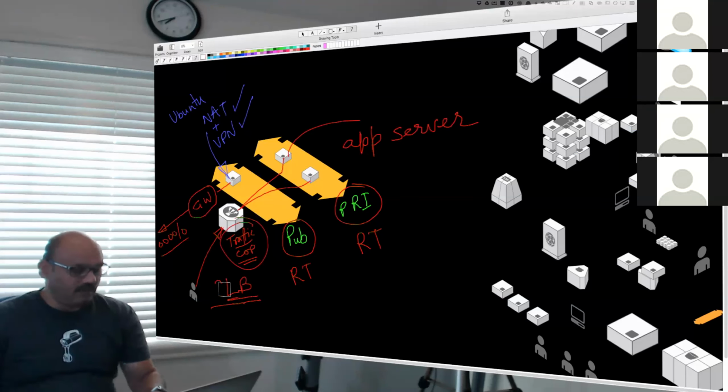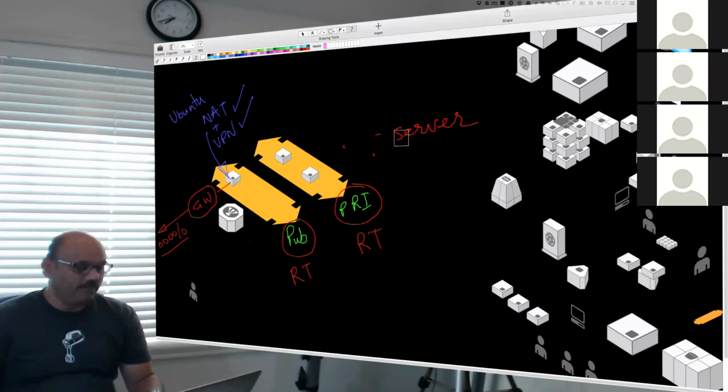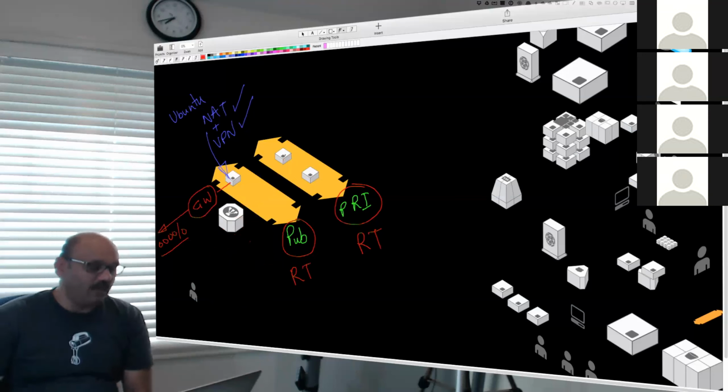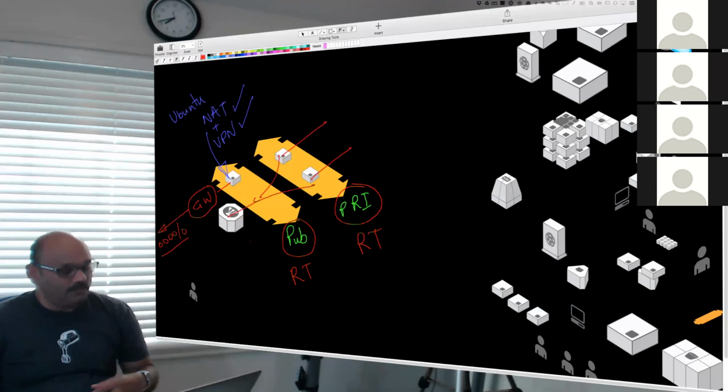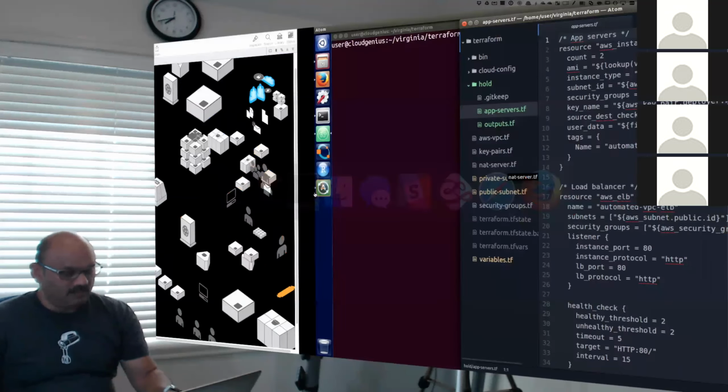That is what we will do. And as you will see, these are what I want to actually create. So the new resources I'm going to now create are this, this, and this.